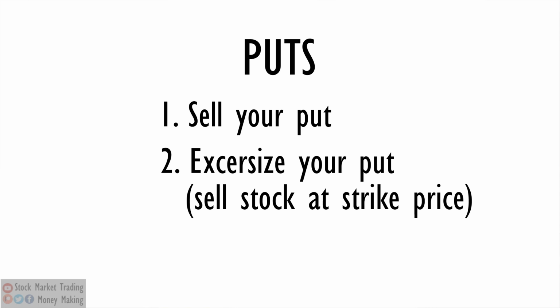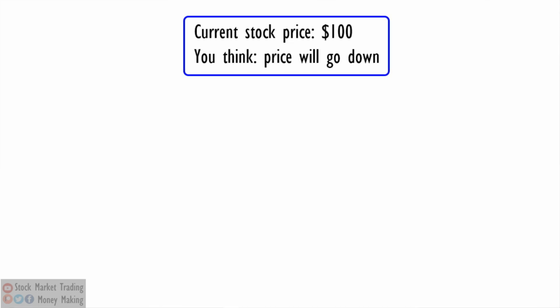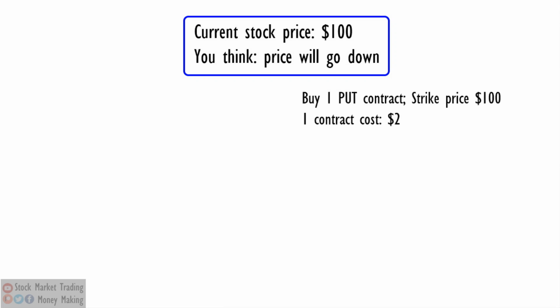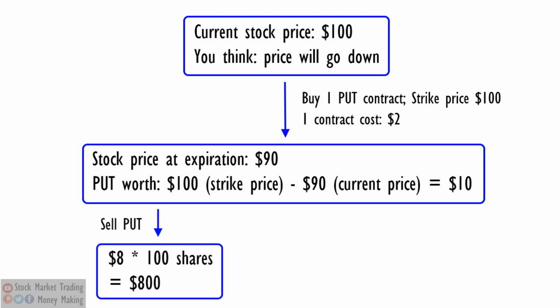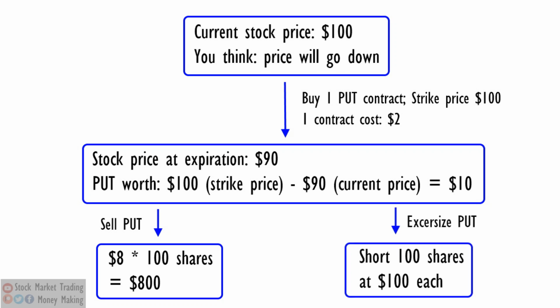For example, let's say XYZ company is trading at $100, but you think that the price will go down in the next month. So you can buy one put at $100 strike price, let's say for $2, and that put contract expires this month. If the price of the stock drops to $90 by the end of the month, your put will be worth $10 and you will be making $10 minus $2 that you originally paid for the put equals $8 difference, or $800. You may choose to sell this put right away, or you may try to exercise it at your strike price, which is set at $100, and become short the stock.